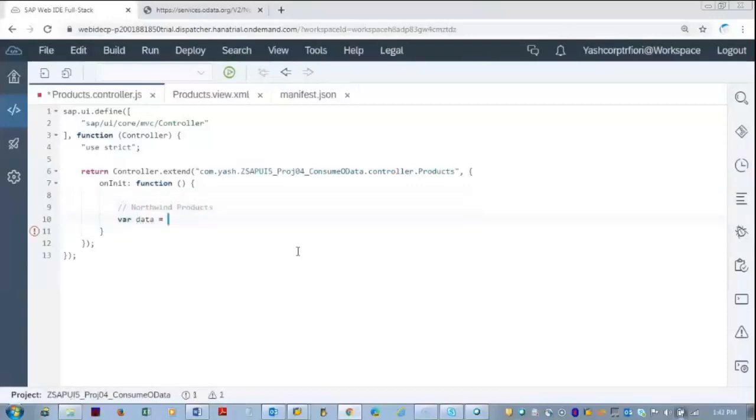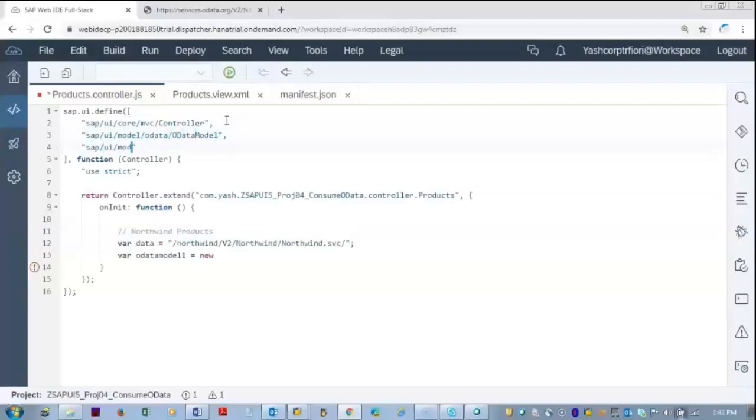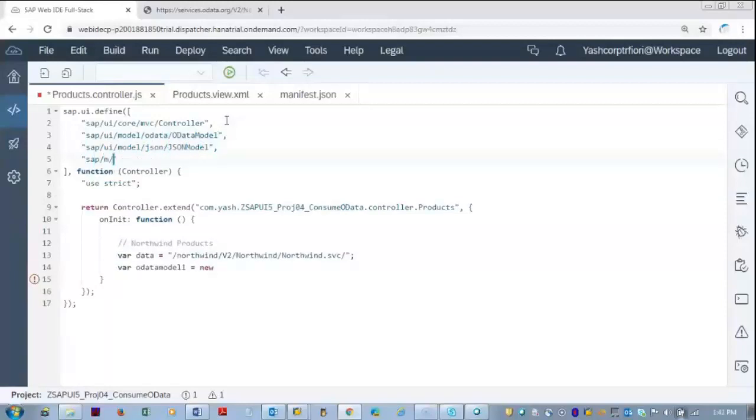I'll use a data variable with the entry copied from the manifest.json, where OData model 1 is equal to new sap.ui.model.odata.ODataModel. So let me put the imports on the top: sap/ui/model/odata/ODataModel, sap/ui/model/json/JSONModel, sap/m/MessageToast. All three I'll have an entry here: ODataModel, JSONModel, and MessageToast.